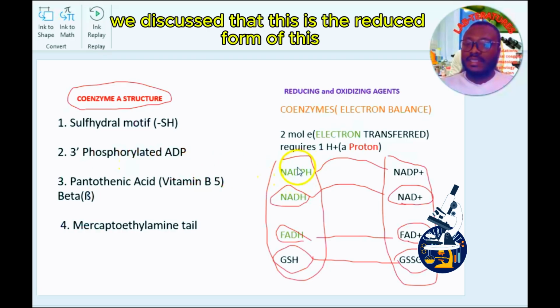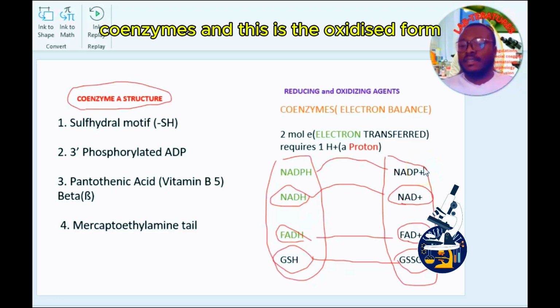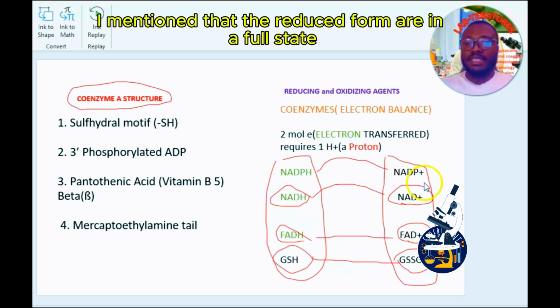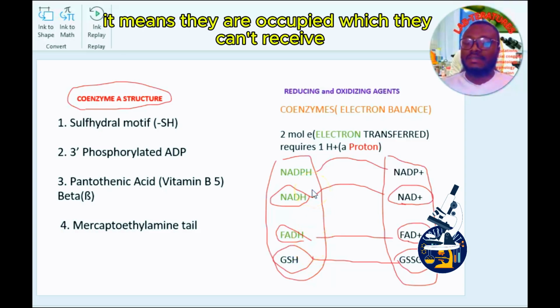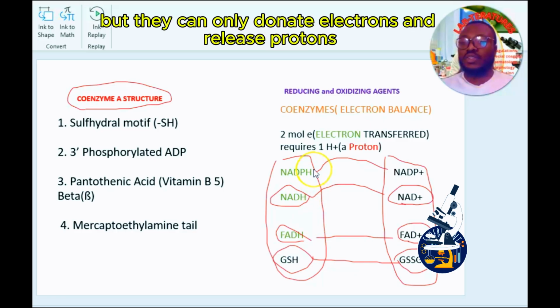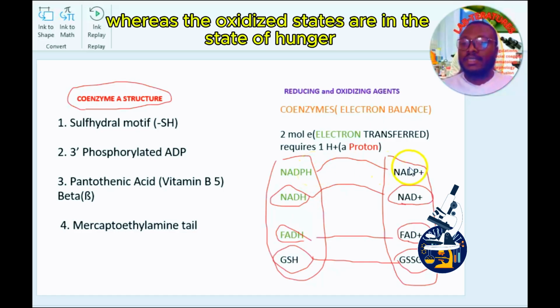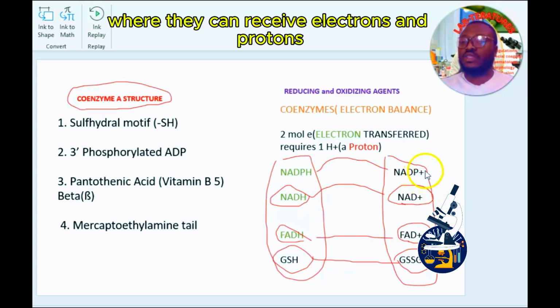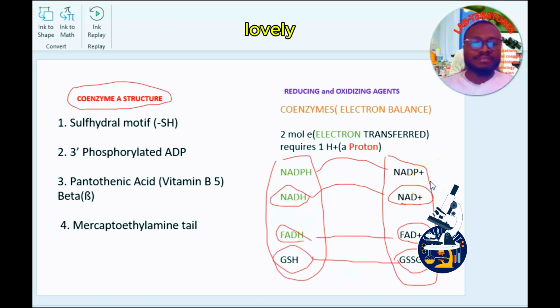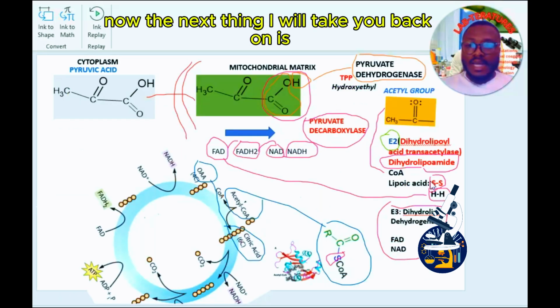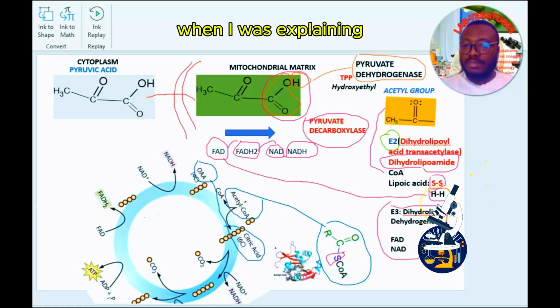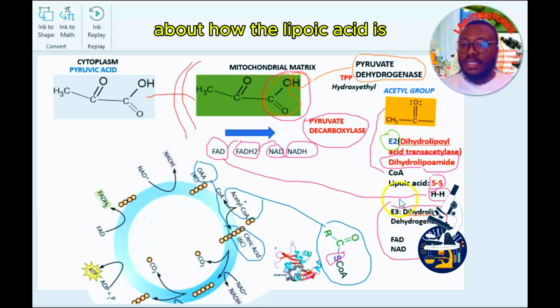We discussed that this is the reduced form of these coenzymes, and this is the oxidized form. And again, I mentioned that the reduced forms are in a full state. It means they are occupied, so they can't receive, but they can only donate electrons and release protons. Whereas the oxidized states are in a state of hunger, where they can receive electrons and protons. Lovely. Now, the next thing I will take you back to is when I was explaining how the lipoic